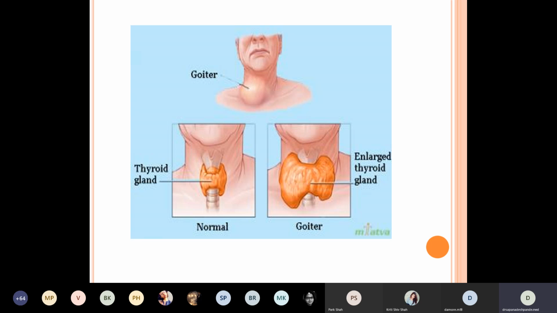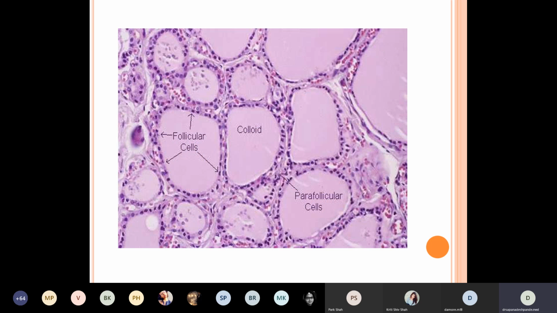Okay, why is there enlargement? Because there is less TSH. So to maintain the production of the hormone, the thyroid gland is enlarged. How is it enlarged? Now we will see the normal histology. There are follicles, and follicles are filled with colloid. These are the round follicles, and the light pink material is colloid. The follicles are lined by follicular epithelium, and it is cuboidal epithelium. This is a normal thyroid histopathology, and parafollicular cells are present in the stroma.